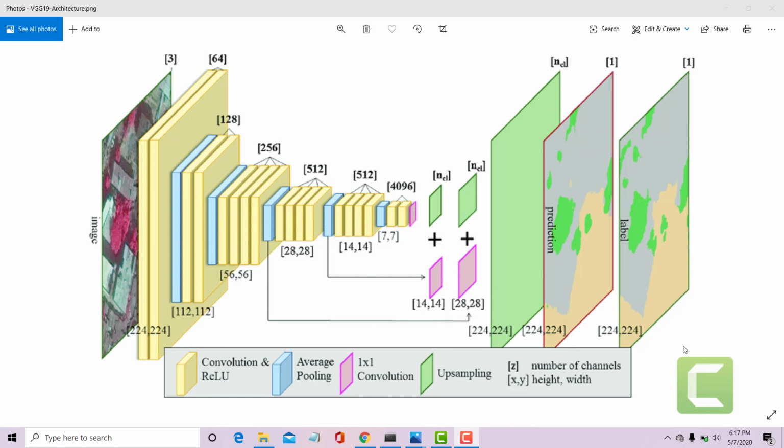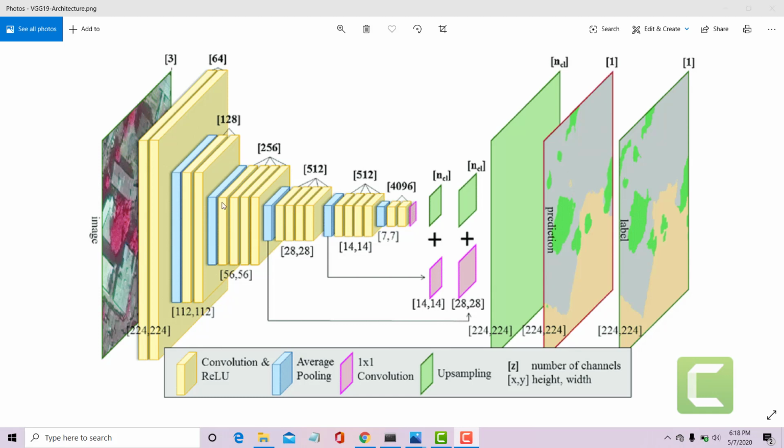Today I'm going to teach you something very interesting. I will talk about VGG19 and how to use that in PyTorch. Here is the diagram of the VGG19 image classification model. It has many layers. As you can see here, this is the image that gets passed on to it, and it has these convolutional layers. The yellow ones are the convolutional layers: 64 convolution, then 128 convolution again, and average pooling.